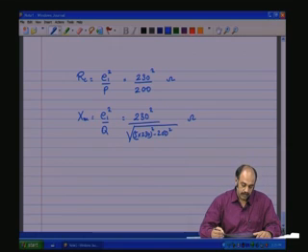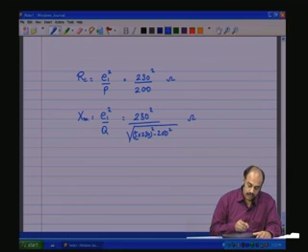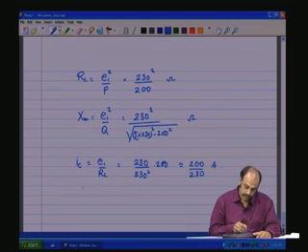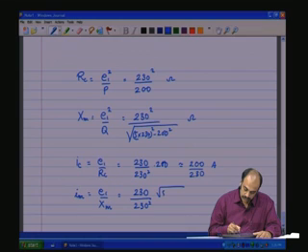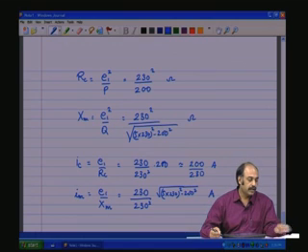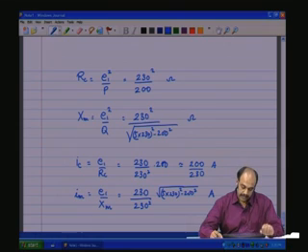So, this gives RC and XM, and this can now be used to find IC. Now, IC is equal to E1 by RC, which is equal to 230 divided by 230 square by 200, which is equal to 200 by 230 amps, and IM is equal to E1 by XM, which is 230 divided by 230 square by root of (5 into 230) square minus 200 square, amps. So, this will give you the core loss component of the current and the magnetizing component of the current,